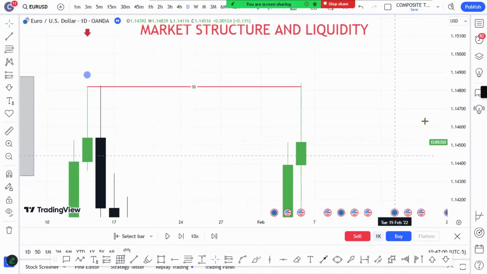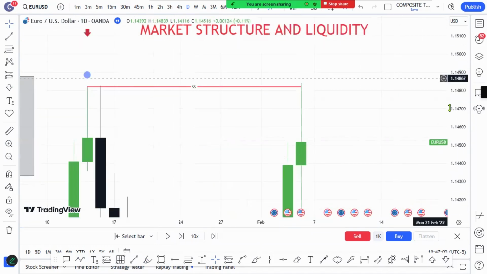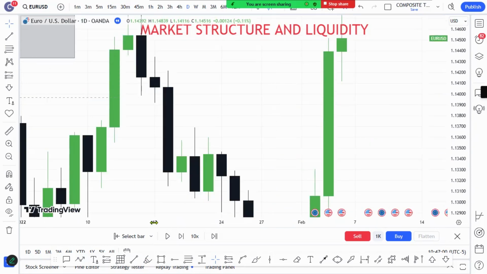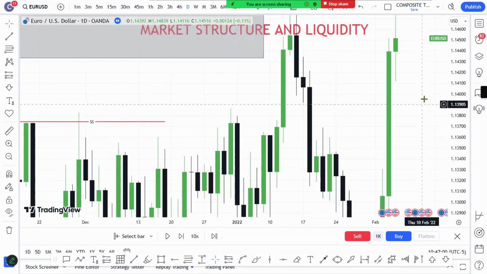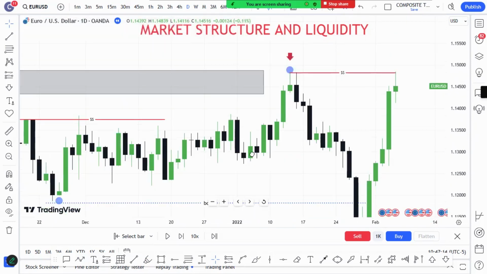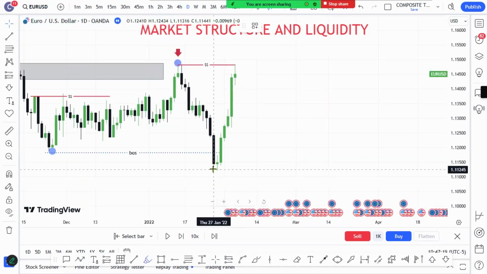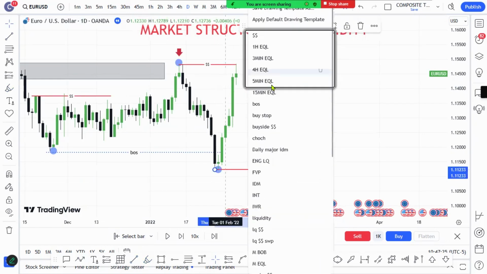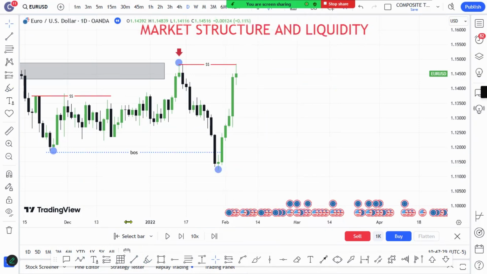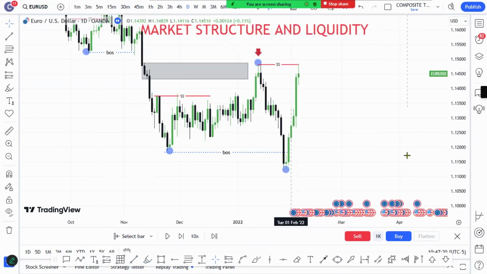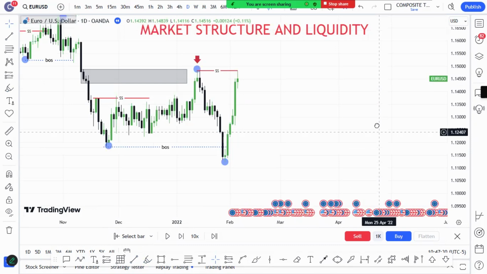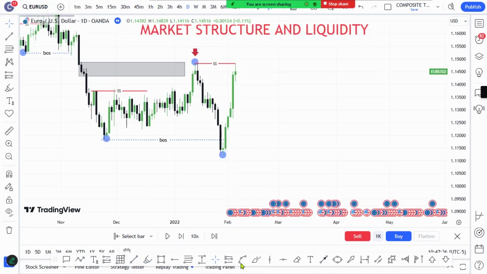Now, once that level has been taken out, the market can push to the downside without even mitigating anything. This means that now our low is confirmed, and we'll be looking to see the market break this structure. But as well, something has happened here. Look at that. The moment the market went high and swept this level, the structure changed. So you need to know how to adjust yourself with the market structure.